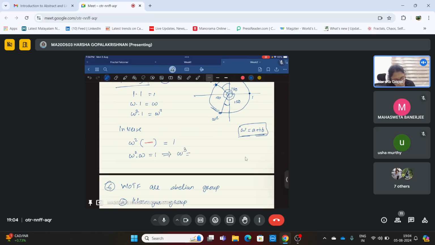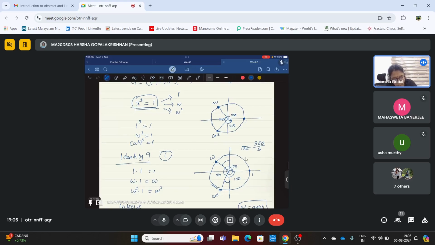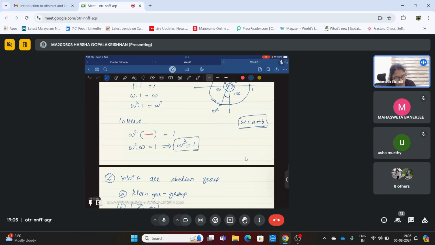Omega cube equals 1. This is where we started: 1, omega, omega square are solutions of x cube equals 1. So 1 cubed is 1, omega cubed is 1, omega square cubed is 1. So omega cube equals 1, which is the same as omega square times omega equals 1, the same as omega times omega square equals 1. So the inverse of omega square is